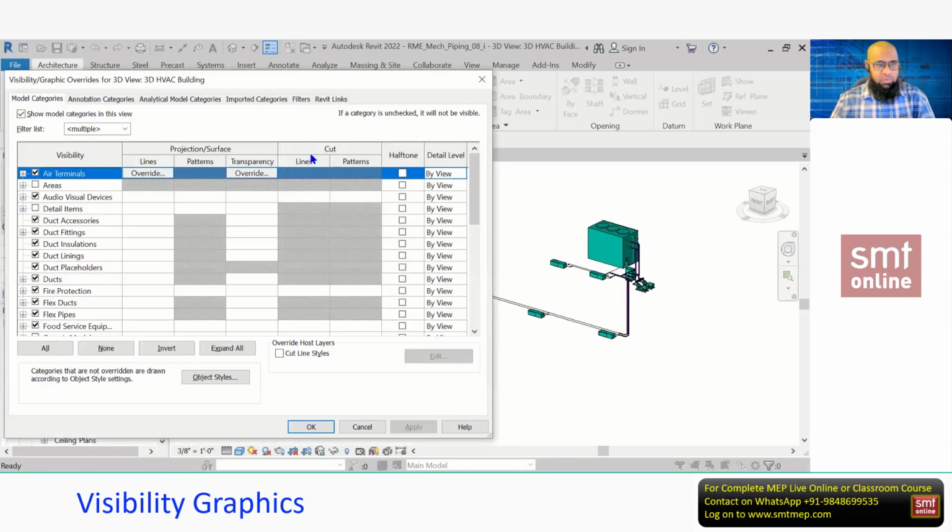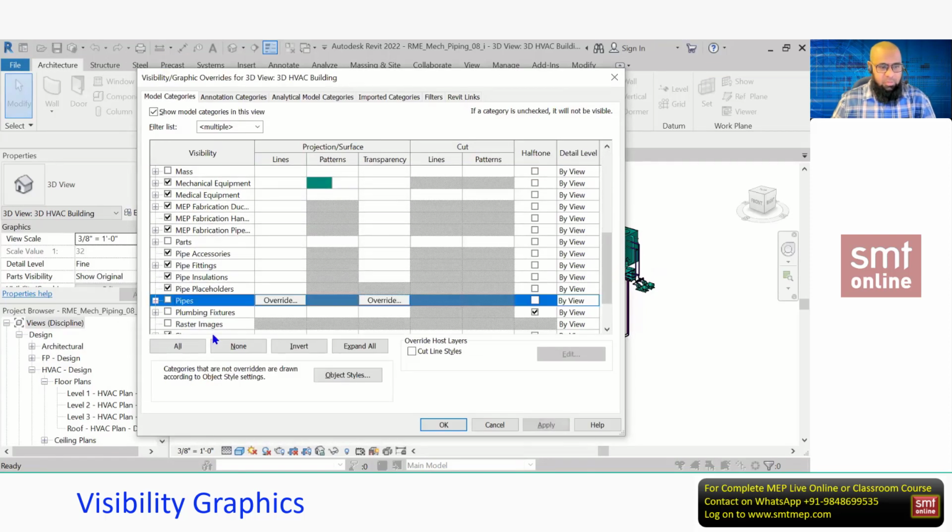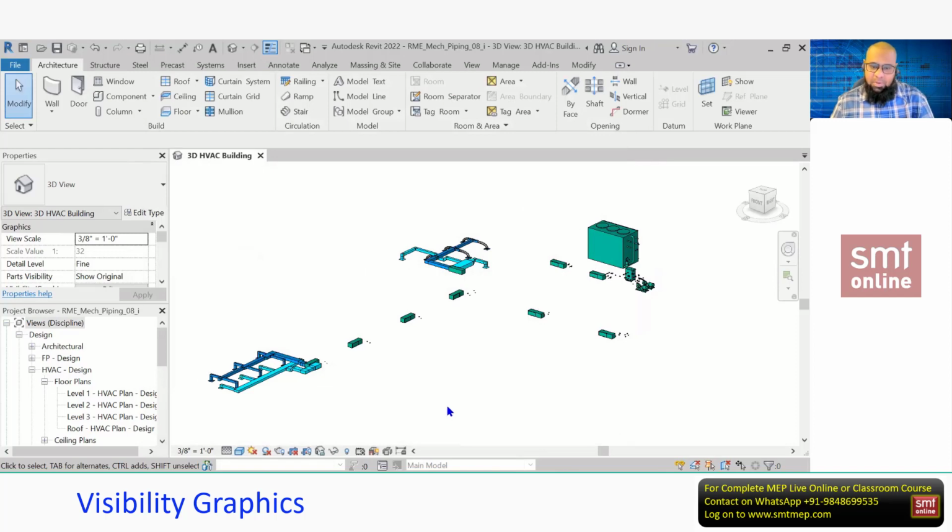Okay, similarly, you see when I select this pipe here, one more example, if I remove this piping, you can notice the pipe, it can be the plumbing pipe, it can be the firefighting pipe, or it can be the HVAC pipe, all will be hidden. You cannot use it based on that system. Also, it's going to be as per category in the VG. Okay, we have some more options related to the system that we'll discuss later. You can classify this pipe in the system also. Okay, we can filter the list based on system, but not in the VG. So VG is based on category.